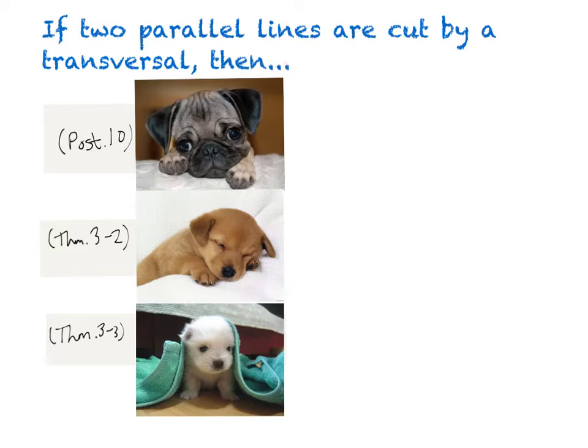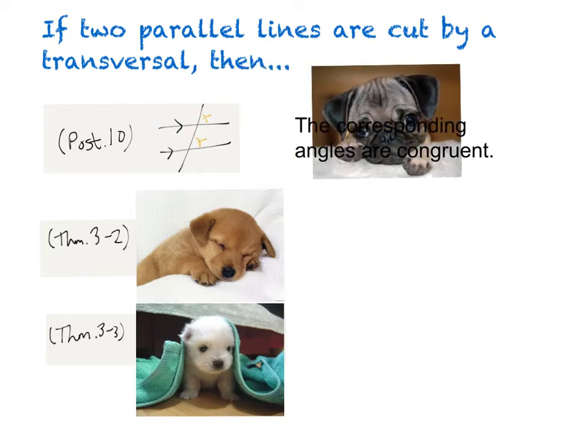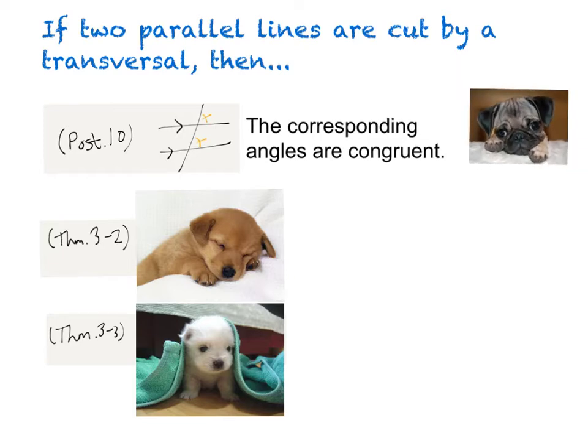If two parallel lines are cut by a transversal, then the corresponding angles are congruent. And this is what it looks like. Let me move that over, move our puppy down. So here are your corresponding angles. That's one example of corresponding angles. Those are congruent. For our second theorem, if two parallel lines are cut by a transversal, then the alternate interior